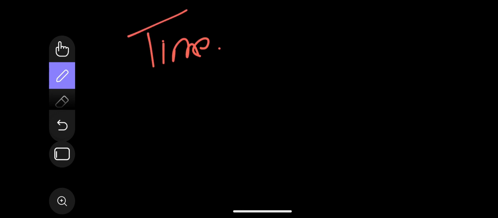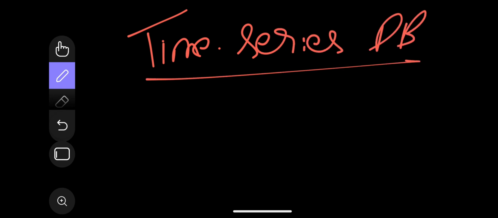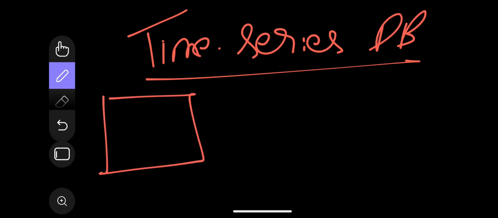Now let's talk about time series database. Cool. So now let's imagine for the same city we have an example. The city has a smart traffic light system, and the environmental sensors play a very crucial role in that. The traffic lights log the number of vehicles that are passing through every minute. And environmental sensors store something like air quality,